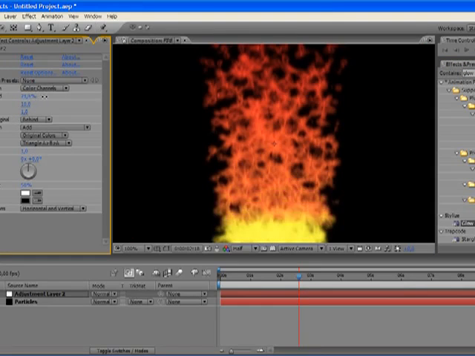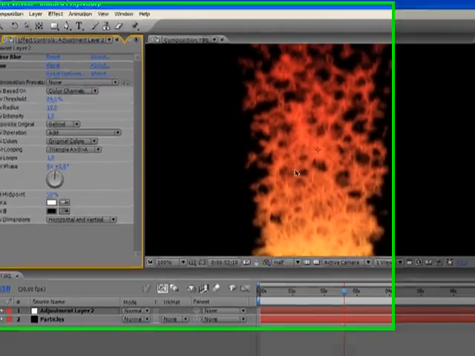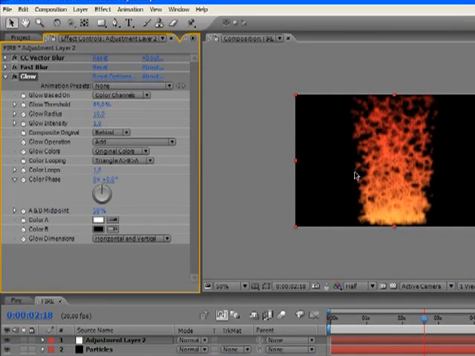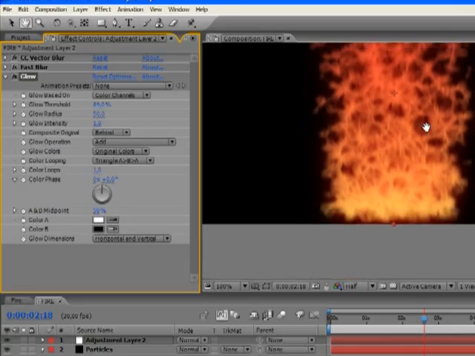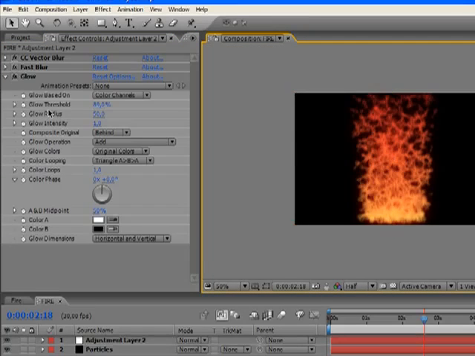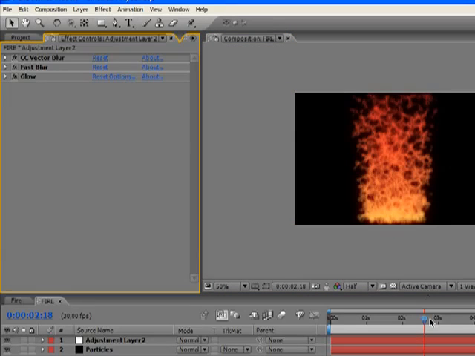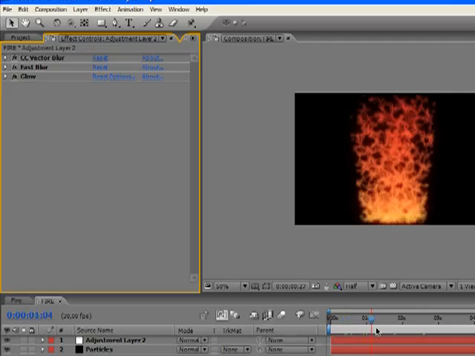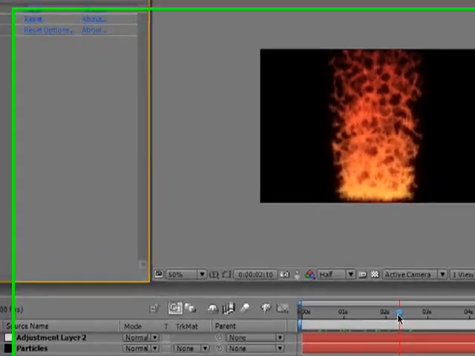Increase the threshold to something around 90, and the radius to 50, maybe even more. You can play with the settings to get the look you want. And yeah, right away we can see some very nice fiery effect, but